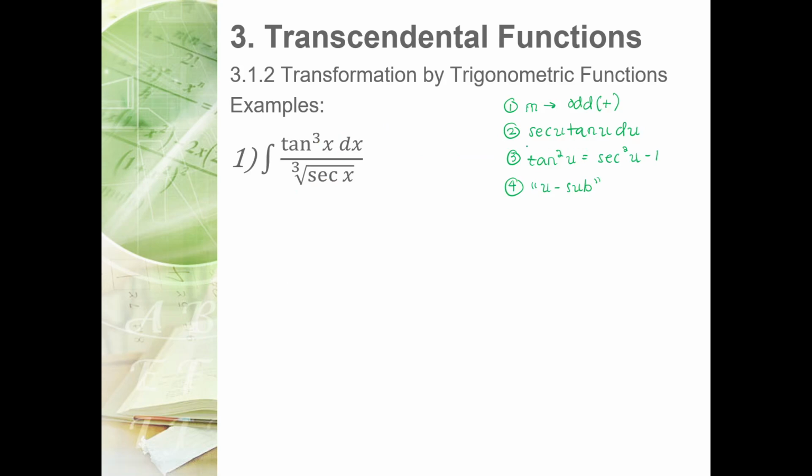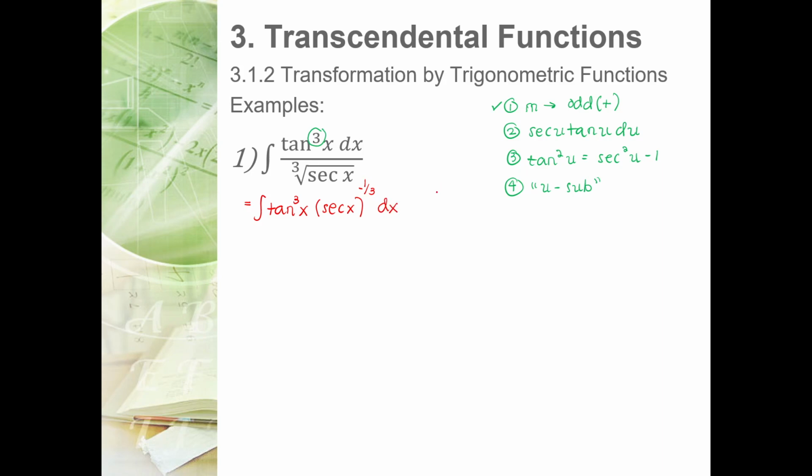So notice that m, the exponent of the tangent function, is already odd and positive, so we can proceed with type B, case number 2. Next, we need to factor out secant u tangent u du. To do this, looking at the secant, it is in the denominator. If we try to get its corresponding exponential form, we have tangent cube x, then this one will be secant x to the power of negative 1/3